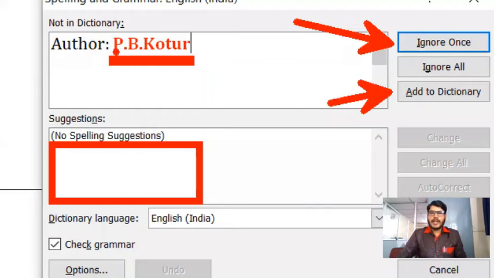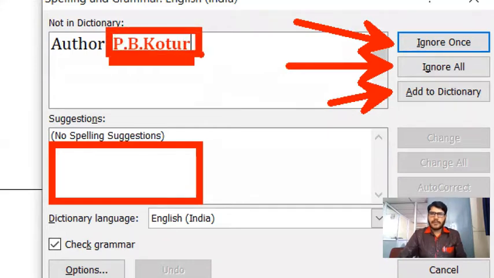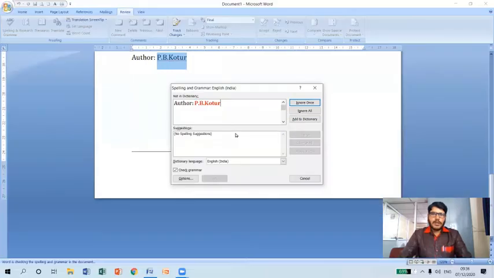Suppose we are repeating the same content throughout the document. For that, I need to select the ignore all option so that it will ignore all the mistakes that happen with this particular keyword. So this is how we can use ignore once, ignore all, add to dictionary, etc. This is how we can check the spelling and grammar mistakes in an MS Word document.